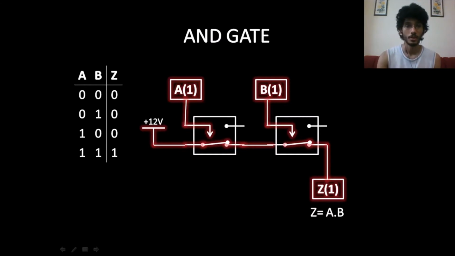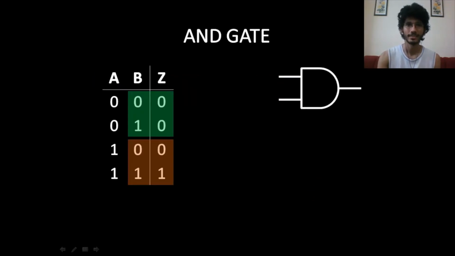Okay. Now there's another way of implementing this same logic gate with a lesser number of relays. So say we look at the truth table in a different way. That is, when A is 0, the output is going to be 0, and when A is 1, the output is the same as B. So in a way, A is acting like a switch that allows B to get connected to the output or not, and the same can be said for B as well.